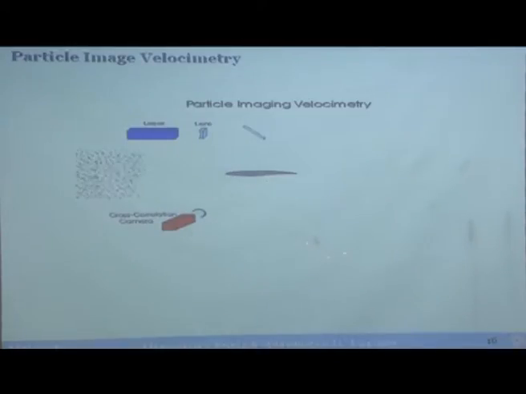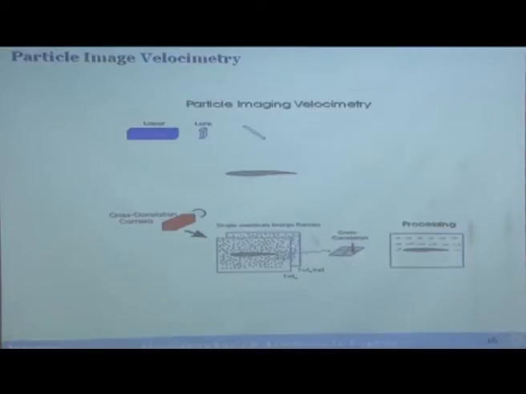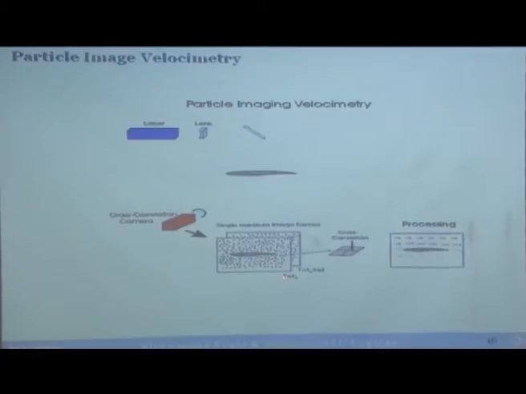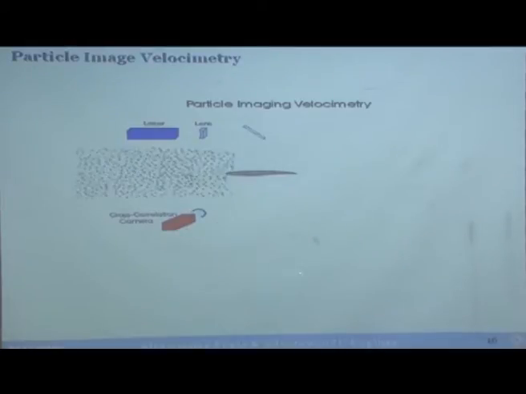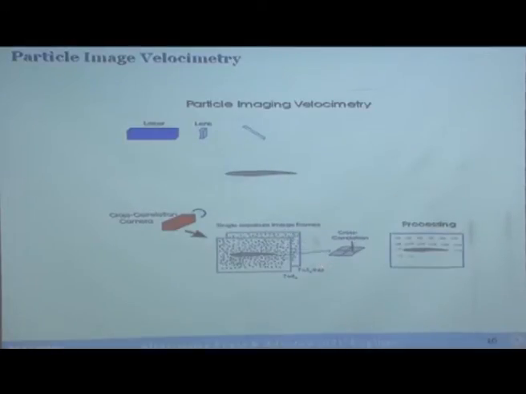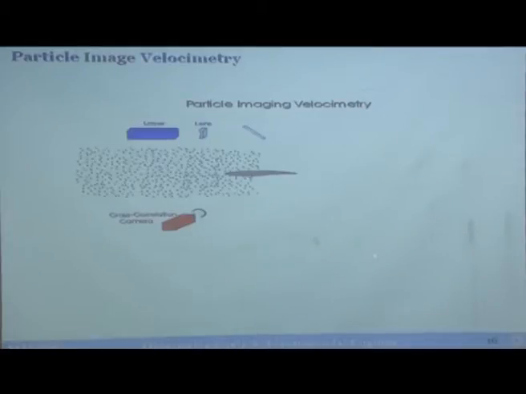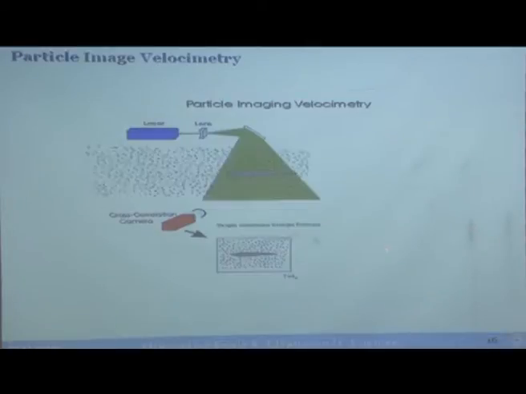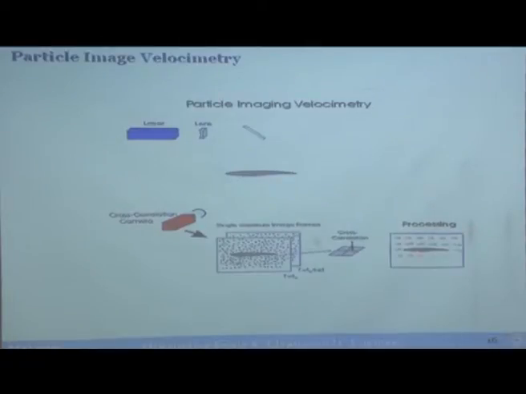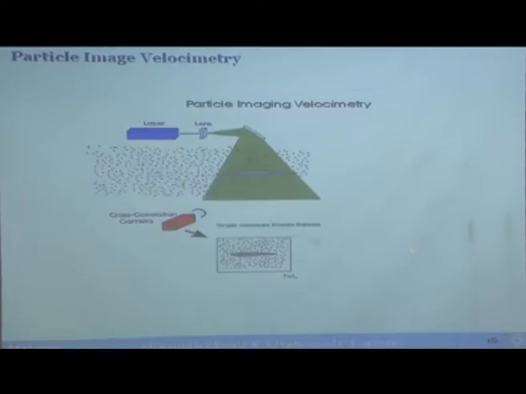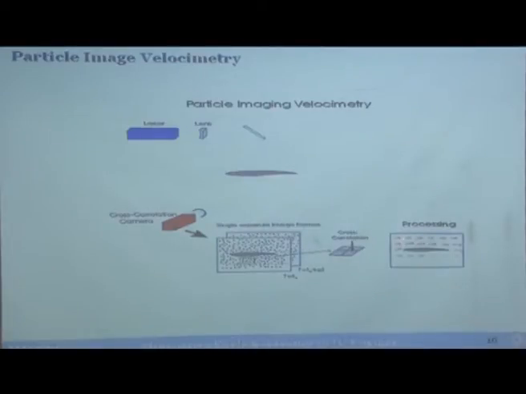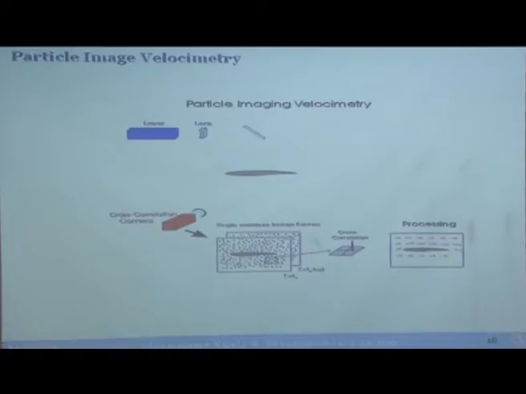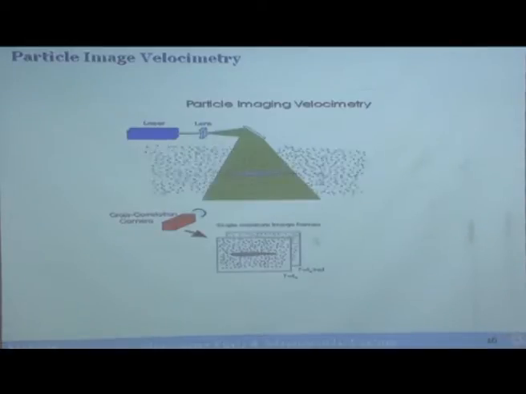When you put it through a cross correlation statistical method through a software, you can identify what is the location at time t equal to t and time t equal to t plus delta t, and you do the auto correlation or cross correlation method, and finally what you get is this kind of an image. So, you will know what is the flow across an aerofoil shape. So, this is just one simple example explaining what PIV looks like.